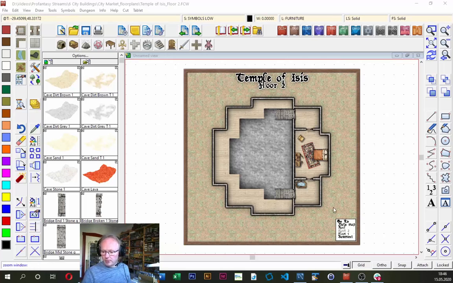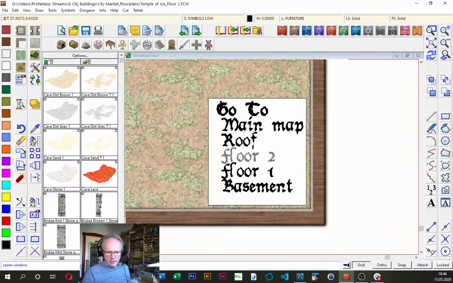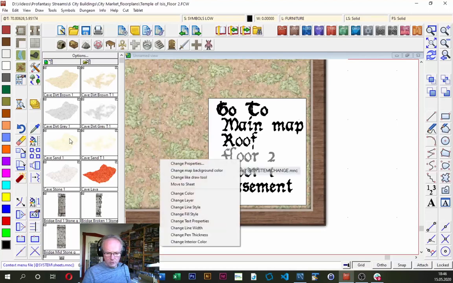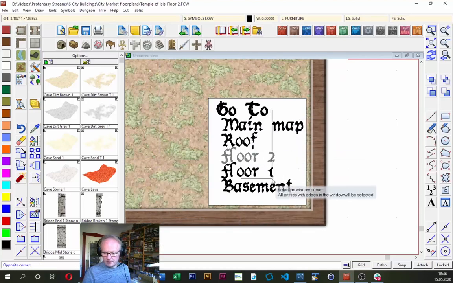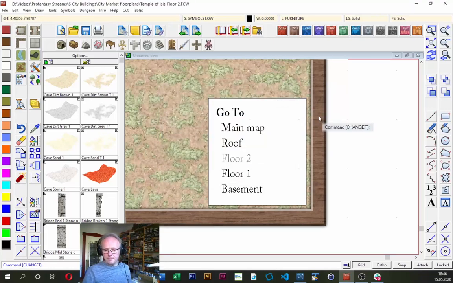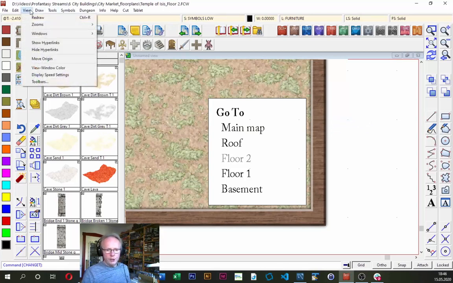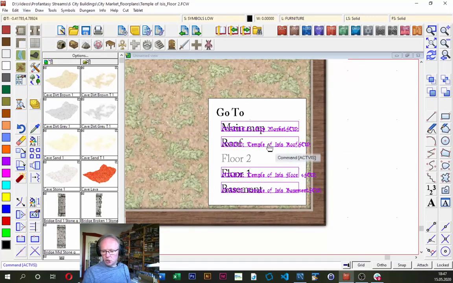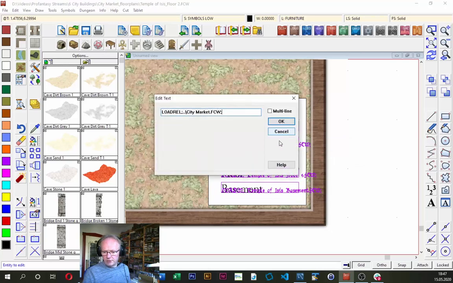I can show you a little bit how that looks. Actually, I want to change the text properties here anyway. Change text properties, as I did in the previous one, Adobe Caslon, 3.5. Here we go. If I do view, show hyperlinks, it's going to show you the hyperlinks in here and you can edit them. So I can go numeric edit, click the first